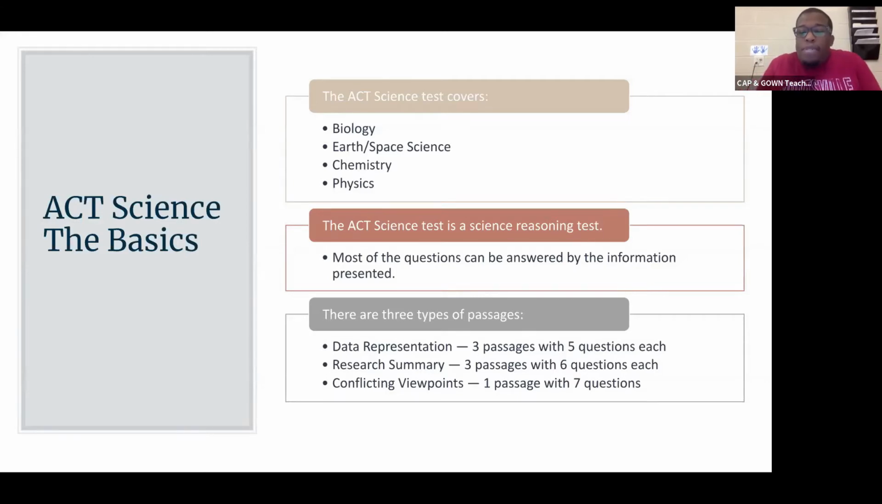Okay, there are 3 different types of passages. Of course, data representation, 3 passages with about 5 questions each. Your research summary passages, there's 3 of those with 6 questions each. And then you have conflicting viewpoints, 1 passage with 7 questions, okay? So let's go through